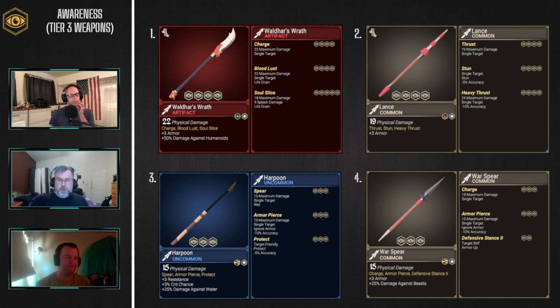And the harpoon's actually one I kind of do like if I'm not able to find Walder's Wrath. It does have the ability to pierce, and it can do additional damage against water type enemies, and it gets enemies wet with the regular attack. So anytime you're running up against an enemy that must have a perfect roll to hit, getting them wet can remove that and make it easier for your teammates to hit that enemy and finish off the kill. So these are probably the best you're going to get from tier 3,